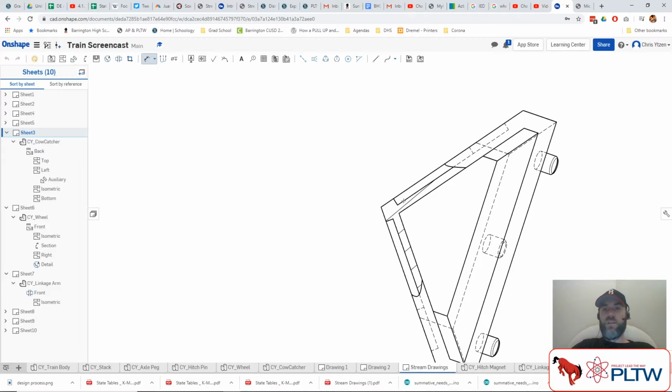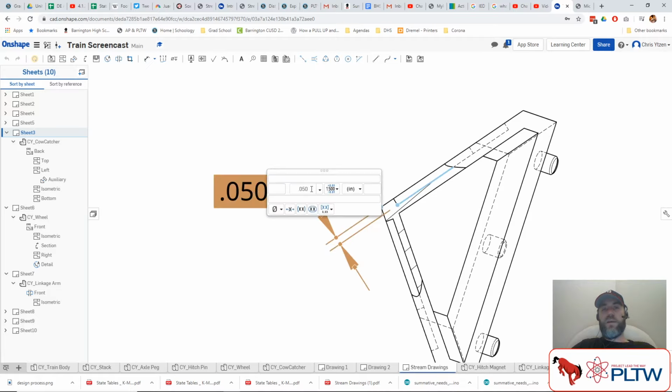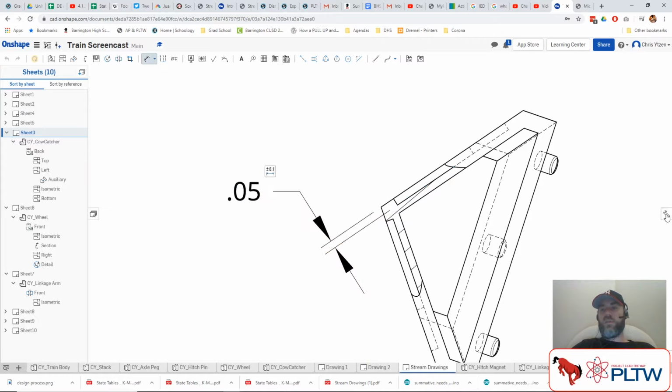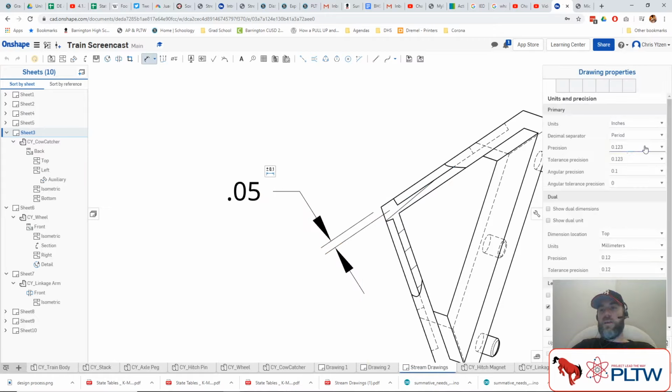And so I could dimension from this object line. I'm going to do that point, and that way I'm measuring from both of those, and I've got a little bit of that line going onto the part itself, but that's about the best I can do. Same here. I want to bump this down to 2 decimal places. There is a way to adjust your whole document to have 2 decimal places. If you come over here, we can bump the precision down, but the drawback there is